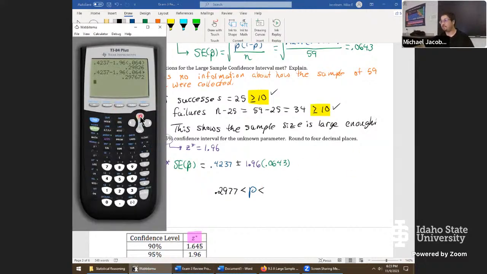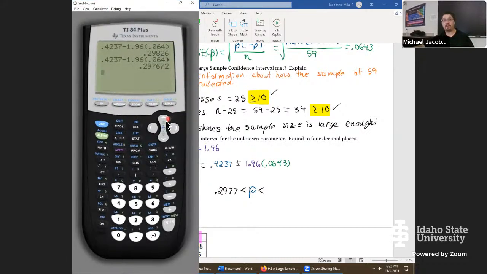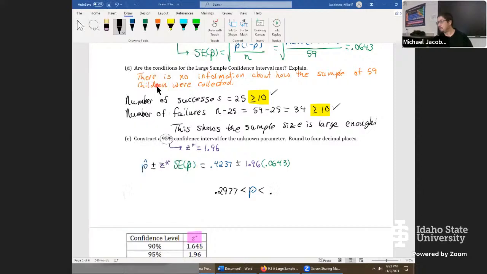And so let's go for the upper bound. On the calculator, it's very valuable to not try to type it in twice. I messed it up the first time. If you've got it in once, use the up arrow feature, hit enter, and just scroll to the left to turn this one into a plus. Now we have 0.5497. So again, pretty high on the upper bound as well.